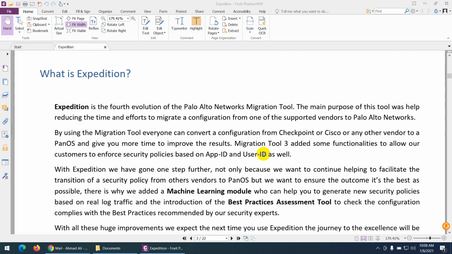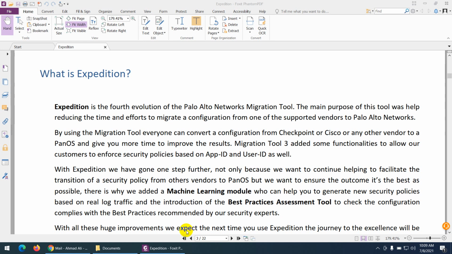Why? Because suppose in an organization there is an old Cisco ASA firewall and they want to replace it with a new Palo Alto firewall. You can export the configuration from the Cisco ASA and import it to the Palo Alto firewall. These are two different vendors, but it's okay. This tool will help you migrate a configuration from Cisco ASA to Palo Alto firewall. This is just an example. It can be FortiGate, it can be FTD, it can be a Checkpoint. These configurations can be converted to Palo Alto firewall.